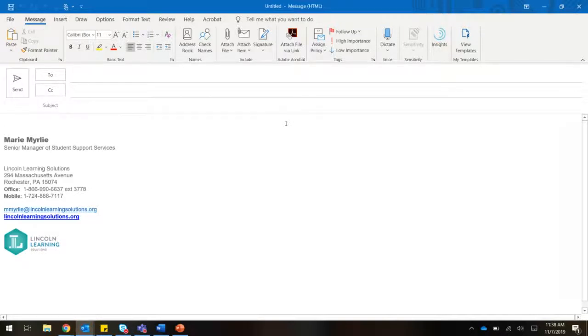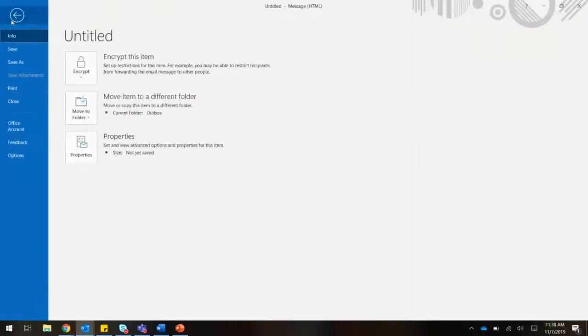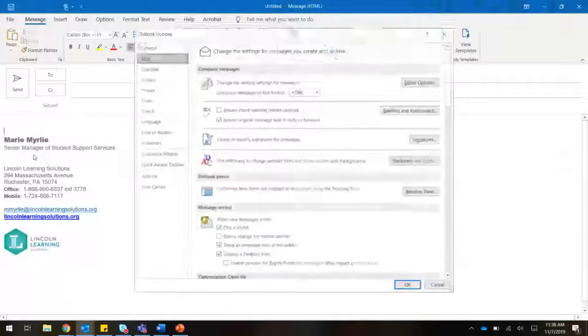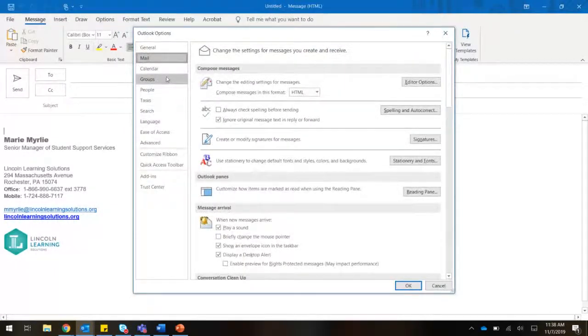Cool. Now, in order to find where that setting is, you go up to File, Options, and we're already in the Mail section. When you see here, compose messages in this format, HTML is already selected because in Office 365, that is the format that is